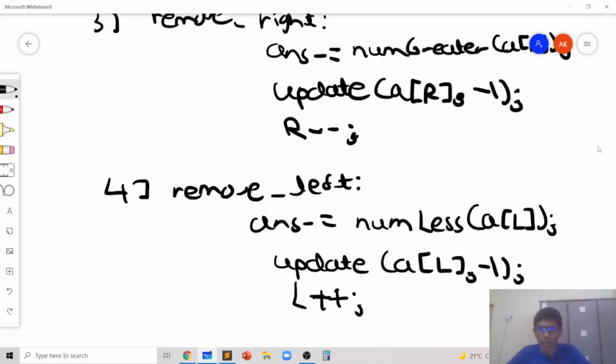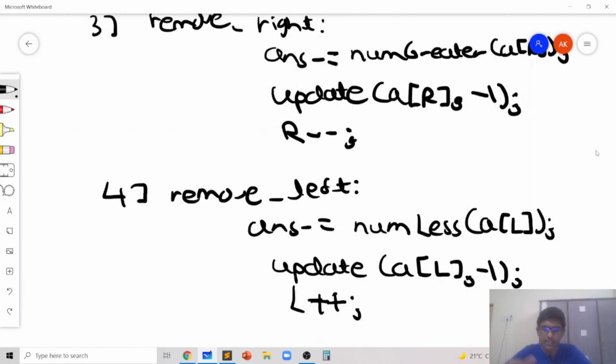Notice that all of these operations work because, let's say I'm considering the left pointer and I'm moving it either to the right or the left, then the contribution is precisely the number of elements less than AL, because we know that all elements appear to the right. That's why when we do num less of AL, we get exactly the number of elements which are less than AL and which appear to the right, because L is the left index of the whole subarray.